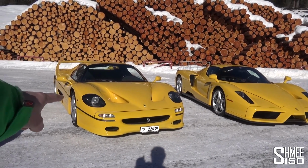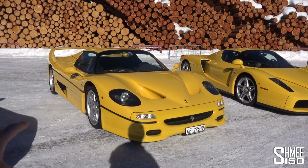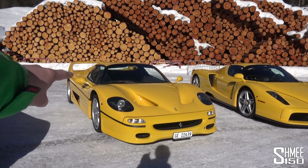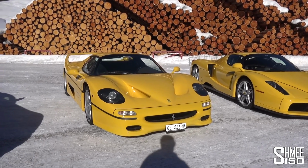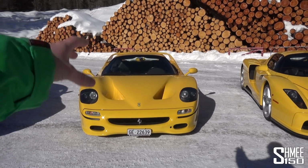From the mid-90s, the F50. This is a car that I've shown on the channel twice before now. It is basically my favourite out there. 349 of them, a 4.7 litre naturally aspirated V12. They're all naturally aspirated, but an engine that was developed for motorsport, of course. About 520 horsepower, not necessarily the most by modern day standards, but it's just, I guess, the icon of my